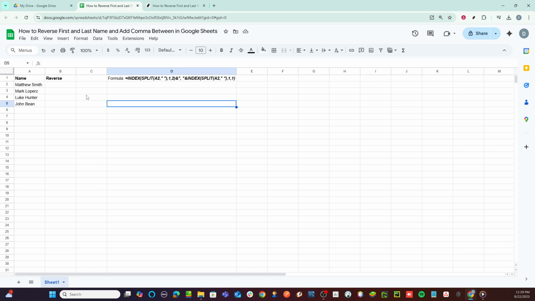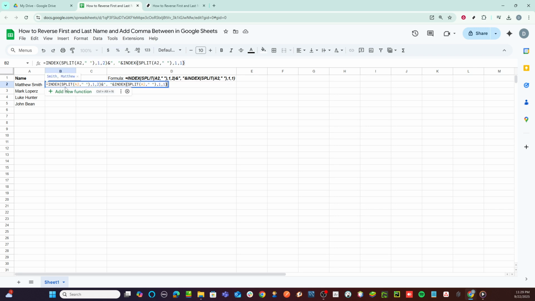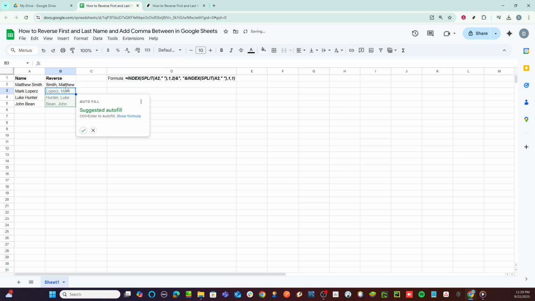Once you've typed this formula into cell B2, press the Enter key on your keyboard. This simple action will execute the formula and your selected cell should immediately display the name in the last, first format. To save time and apply this change to other cells without manually entering the formula again, use the autofill